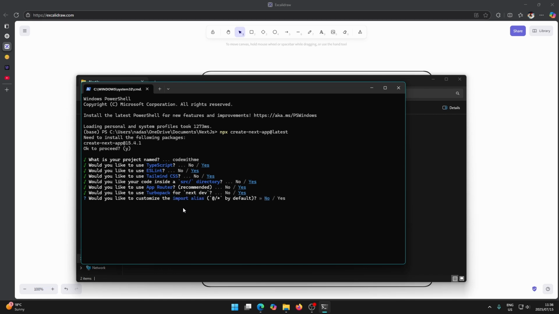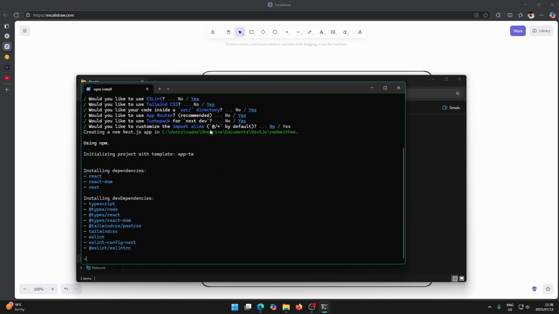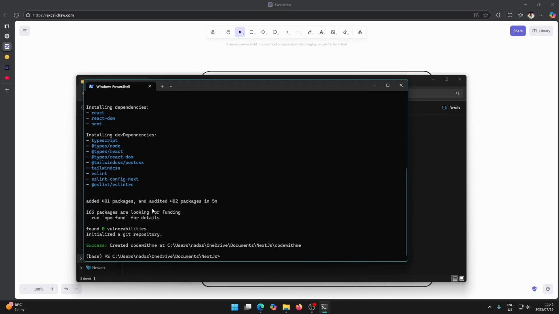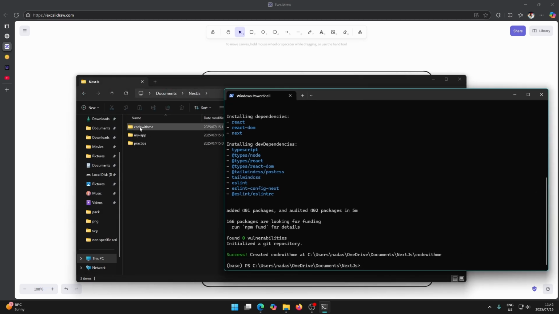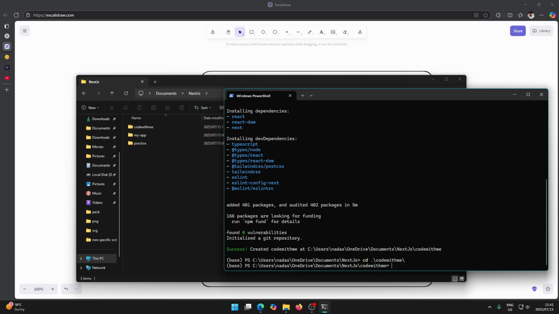Okay, and now it's asking if we want to customize the import alias. So just leave this as default. I'll talk about the import alias later on, but now it's just setting up the project, and once it's done, we can head into it. Okay, so once it's done creating the project, which does take a bit of time, we can see that there's now a new folder in here called Code With Me, or whatever you named your project. So we can just cd into that, and then we can open Visual Studio Code in here by typing code